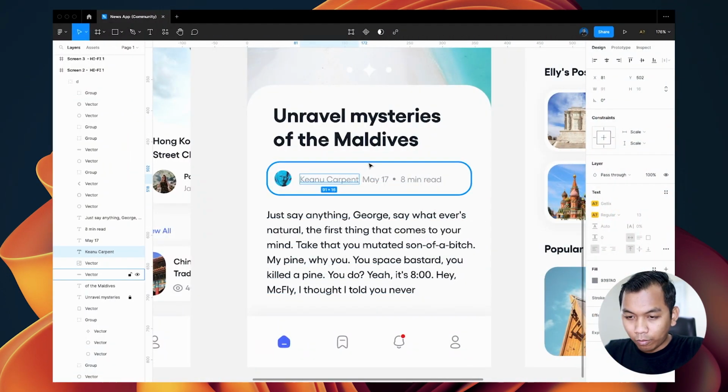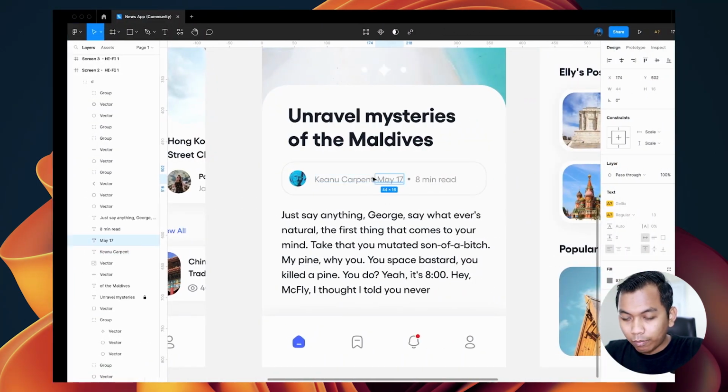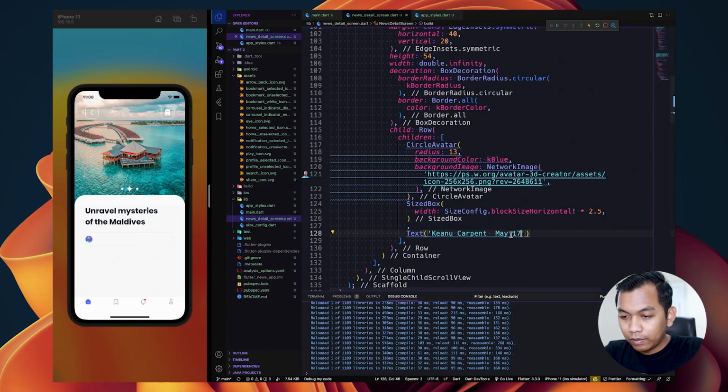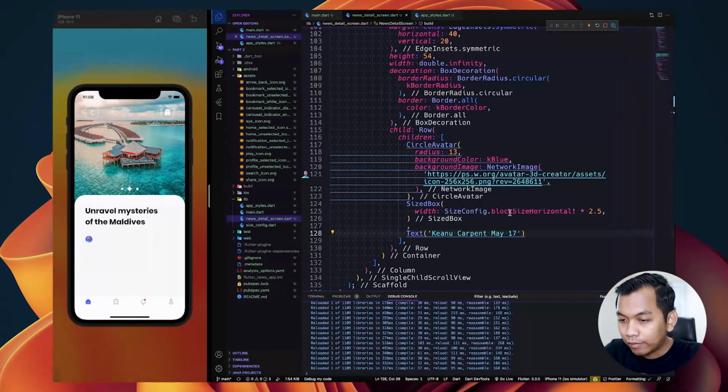But now let's copy this and then copy this. And when we have data from the internet, we can simply give a dollar sign and then paste the value. Let's say we have date published and then post writer and so on. But for now, let's make it static, look like this.